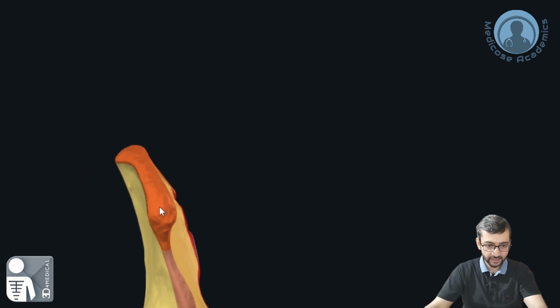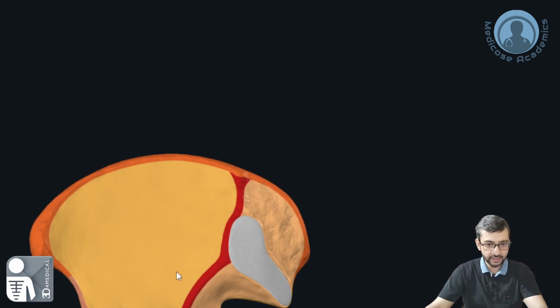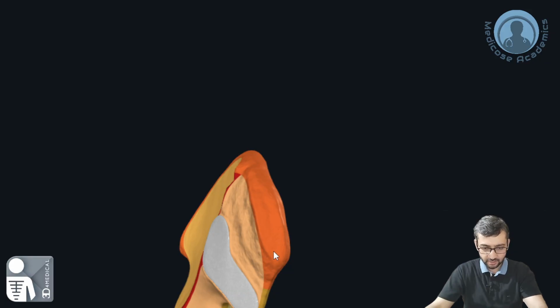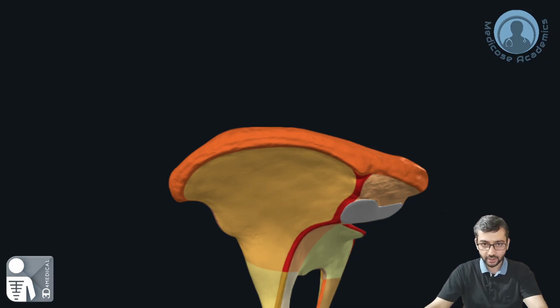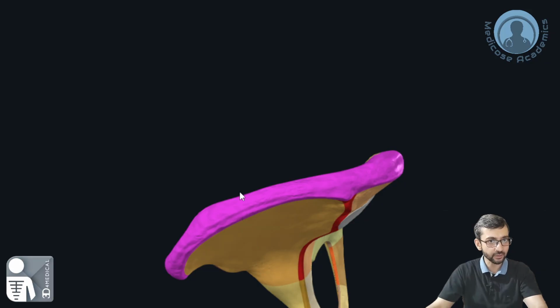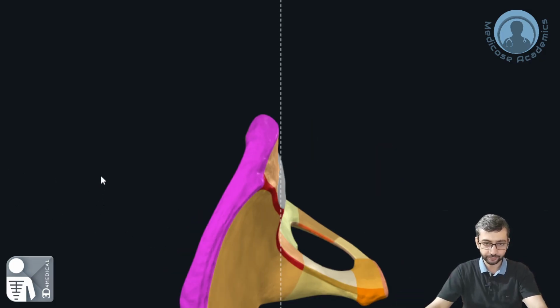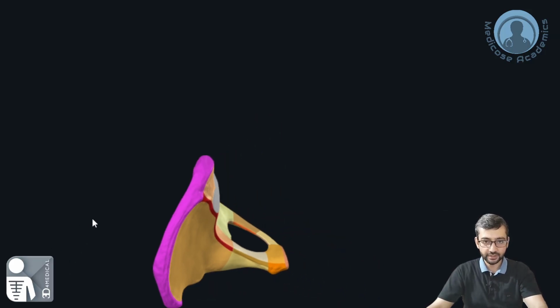And this anterior end is called the anterior superior iliac spine. This posterior end is called the posterior superior iliac spine. And everything in between them, this whole lip, this whole expanded portion, is called the iliac crest. So this is the iliac crest. Then we have its